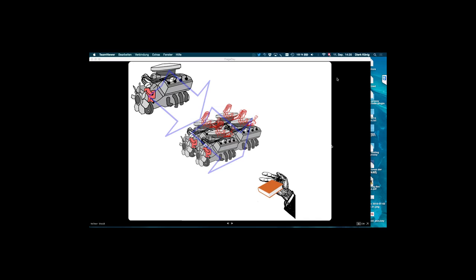In GHC you have those sparks, so if you put with par, it's the same, an expression into the scheduler, and you will never use it, and you will forget about it. So if we have a long list of 1 million elements, and we execute this map in Frege, and we just take the first 100 elements, and we have done our calculation with those 100 elements and forgotten those in our code, it will still evaluate the list to the end.